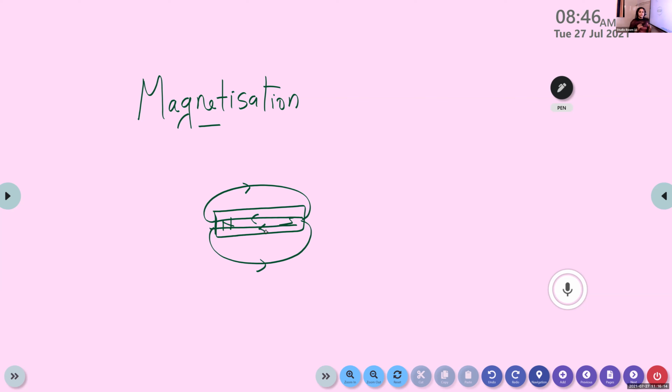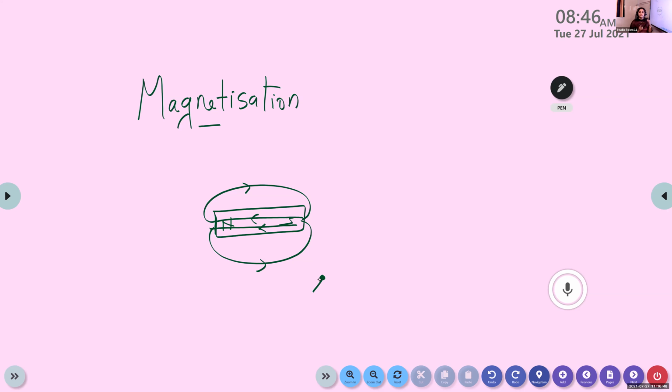So if we bring any other kind of material, like an iron nail or a pin, towards this bar magnet, what happens? This iron nail gets magnetized. Whenever this iron nail is placed in the magnetic field of a strong, powerful magnet, that material gets magnetized. Magnetized means it gets magnetic properties. That is what is meant by magnetization.